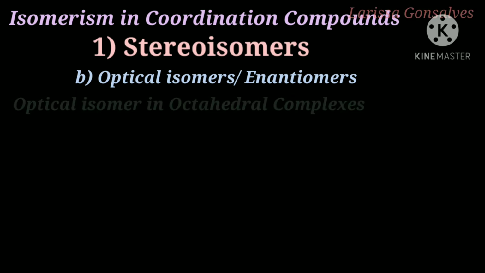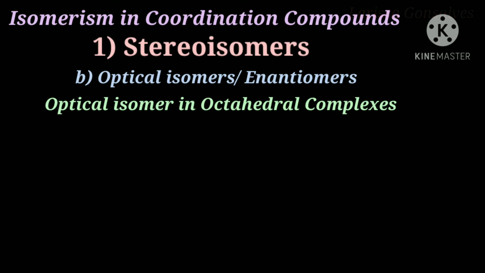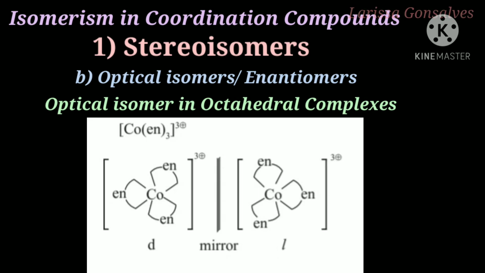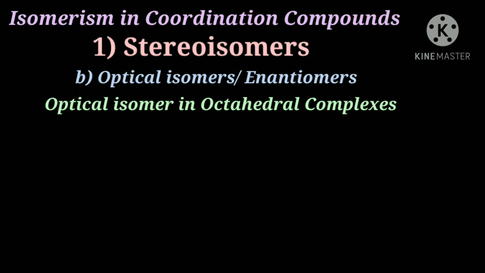Here is an example of optical isomers in octahedral complexes. So as you can see here, it is [Co(en)3] raised to a charge of 3+. So here Co is the central metal ion and en is ethylene diamine, which has 2 donor pairs each. You can see in the diagram, en is joined to the cobalt central metal ion with the help of 2 sides, that is it has 2 donor pairs, right? Now if you look at the mirror image, you get exactly the same because all the 3 ligands attached to the central metal ion are the same.